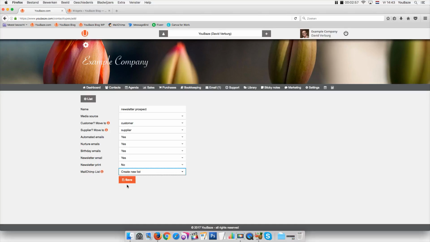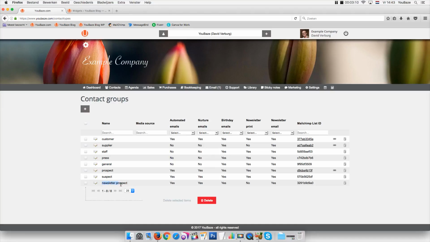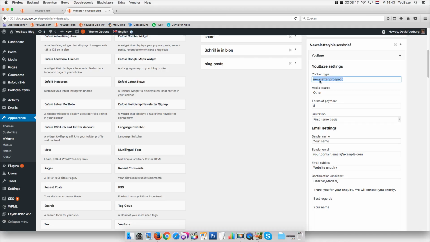As we like to send people within this group newsletters with MailChimp, you need to link this group to a MailChimp list. You can choose an existing list or create a new one. Let's create a new one and see what happens. After you save this group and you go back to the list, you will find it on the bottom, Newsletter Prospect and the list ID. So you don't have to do anything in MailChimp. YouBaze will do that for you. Let's go back to the widget and continue with the settings